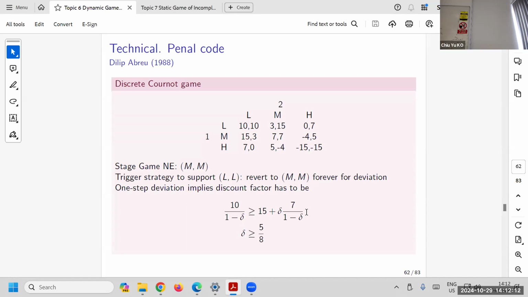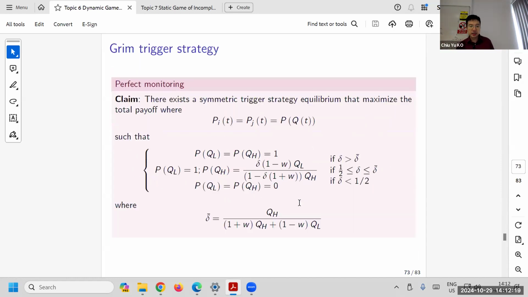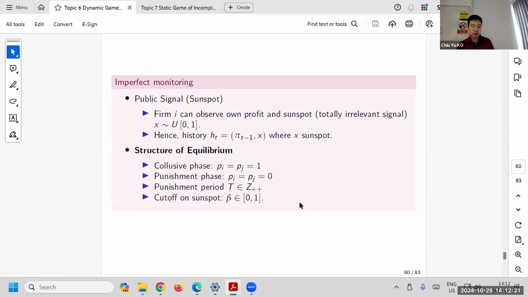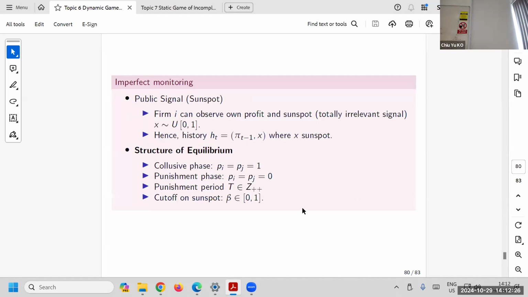And its problem is always the imperfect monitoring. And of course, the literature actually goes to what we said, the private signal, which becomes much more complicated. Because here I have a sunspot, which everyone observes. But what happens if I can't really observe the signal, it is for my own observation? But they may be correlated. Can you still sustain collaboration? There are many things in the literature to generalize this idea.